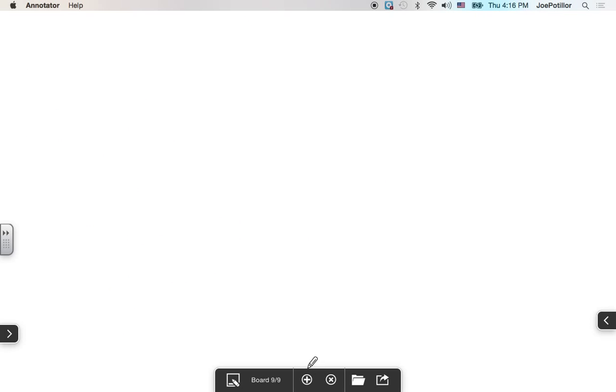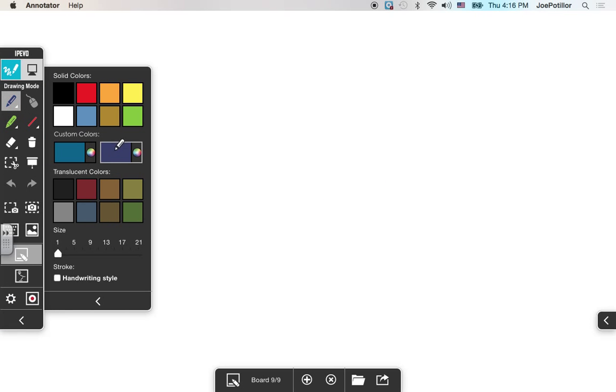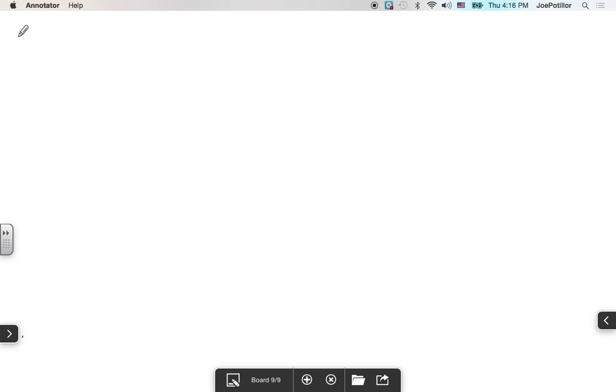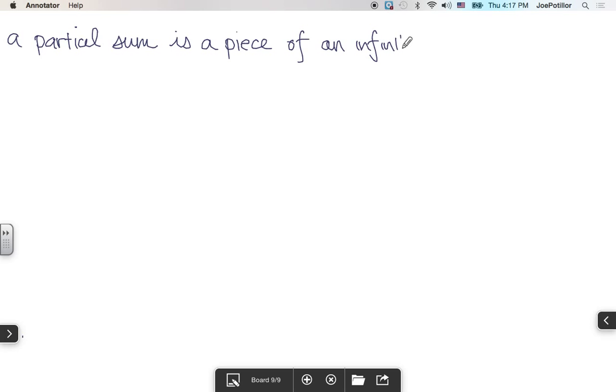I'll write that on the next page. A partial sum of an infinite sequence: if I have an infinite sequence and I want to find the sum of a piece of it, that's when we use what we call the partial sum, which has exactly the same formula. So I don't even know why they tell you that. So for example,